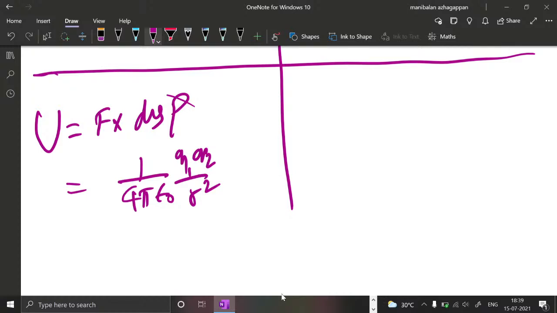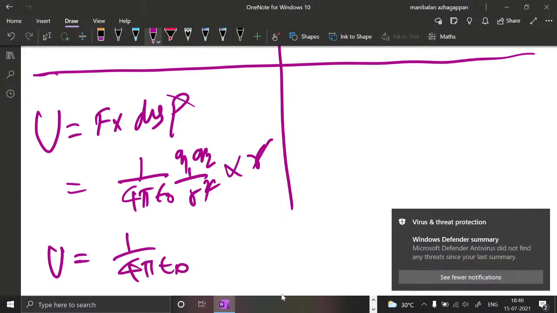In electrostatics, the force is Coulomb's force. We already know the force of attraction or repulsion between two charges. What is the formula for it? When the distance is multiplied, according to the dimension, one distance has to go, so the r will get cancelled. Energy is going to be 1 divided by 4 pi epsilon naught